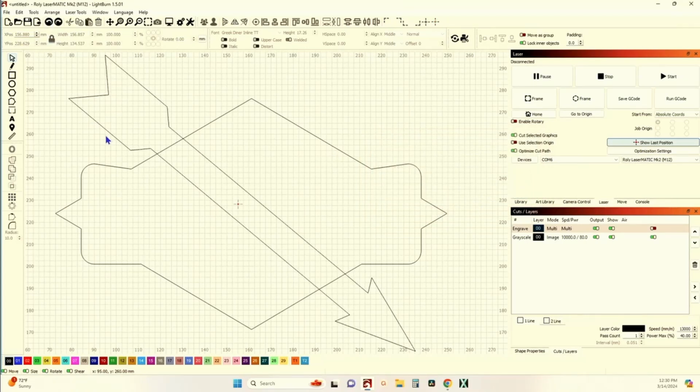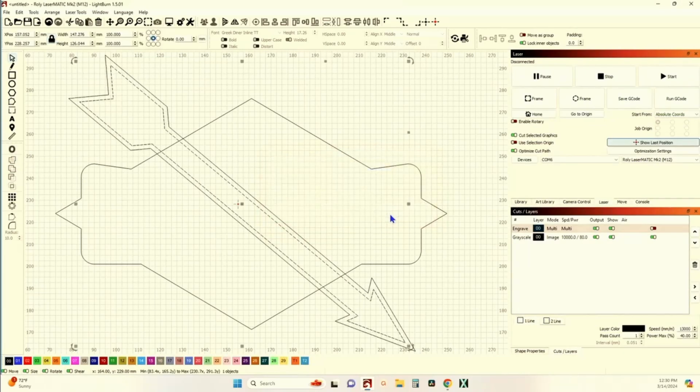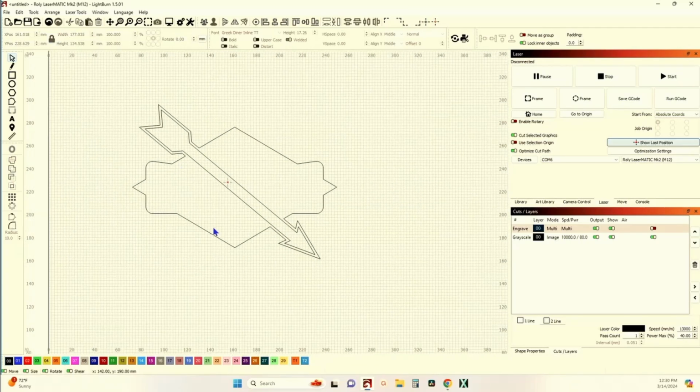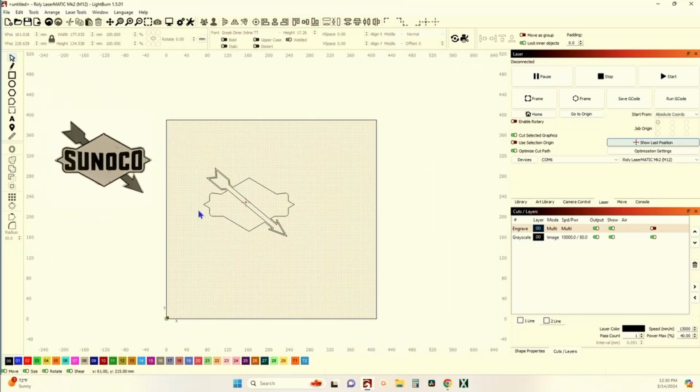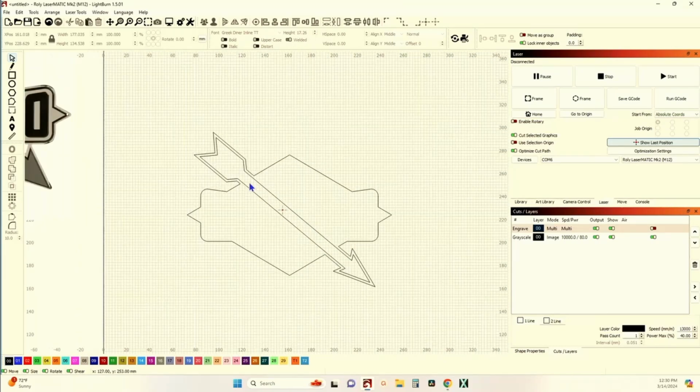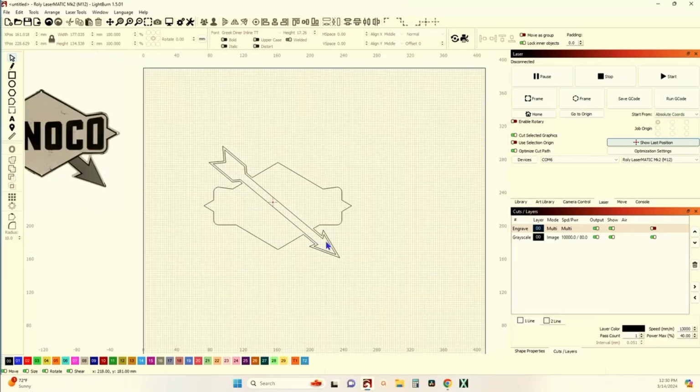I hit canceled or not OK. OK, there we go. And now select the originals and weld them together. And you'd have your outline. But here you wouldn't want to have that arrow going all the way through there. So undo,